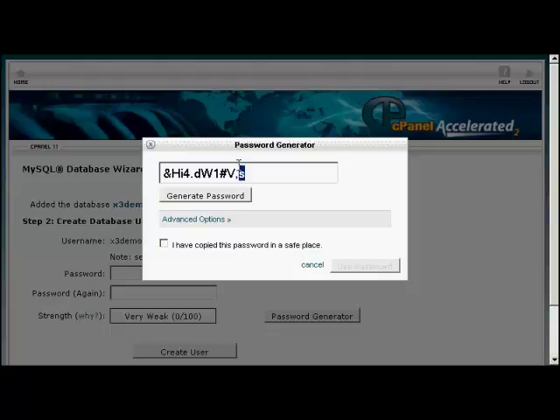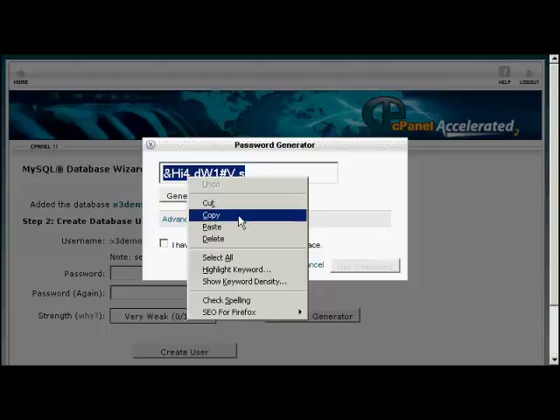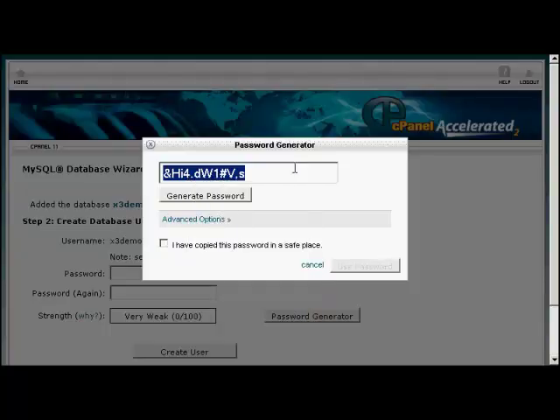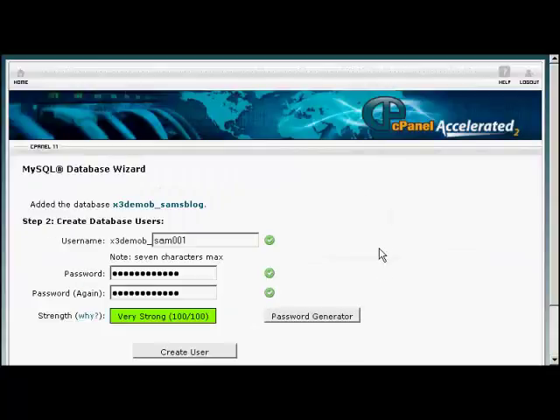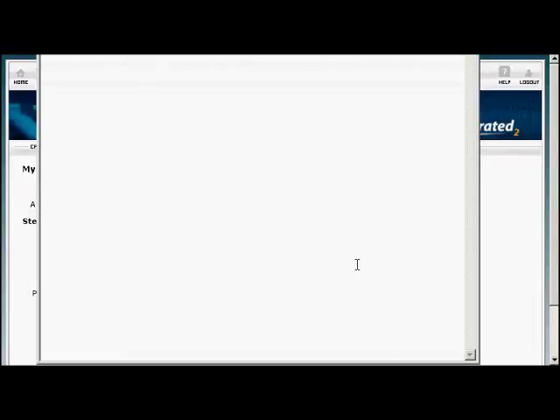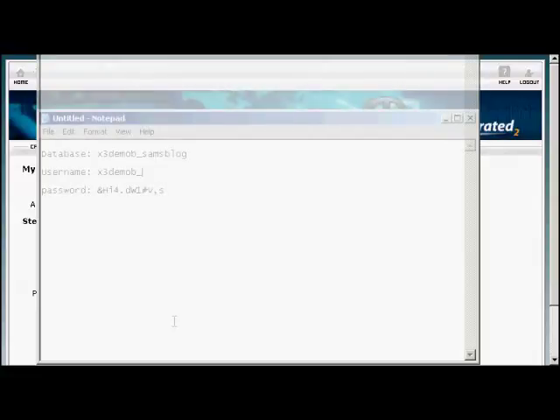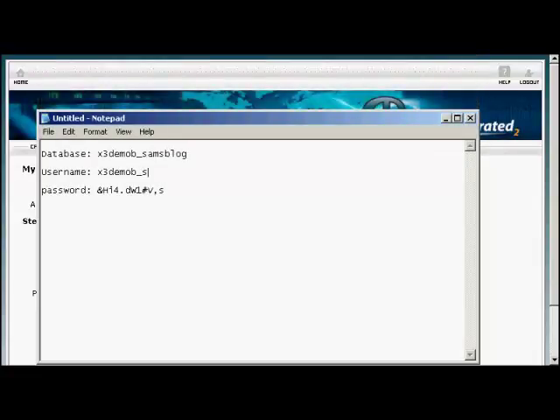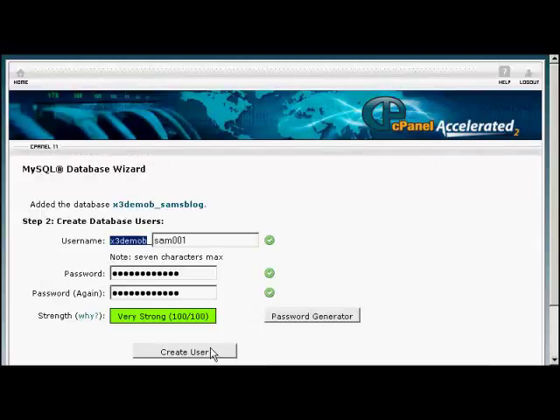You need to make a note of this because you'll need it later on when we set up the WordPress installation file. So let's just copy that onto the clipboard. I'm going to say I've copied the password to a safe place. Click on Use Password, and there we go. Now I just need to copy all this information into a notepad file so that I can make a note of it and use it later on. So let's just do that. Let's open up Notepad. That's Sam001. Okay, now to save that,